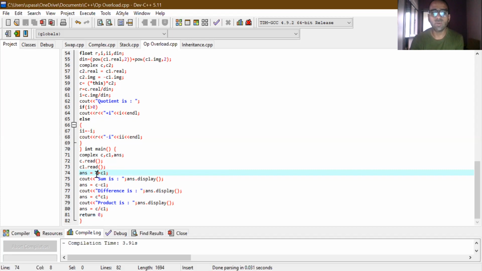So ANS is equal to C plus C1 will be C as calling object, plus as a function, and C1 as the passing object. So it will go to the addition function, and the return sum part will return the addition value to the ANS object. Same way is for,